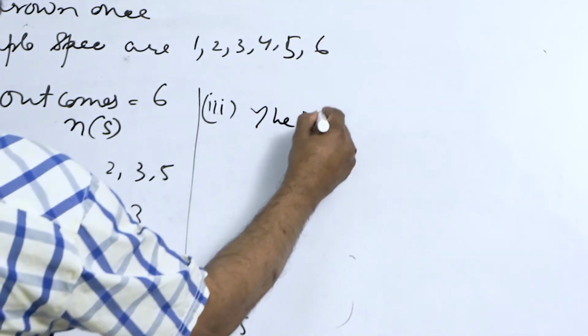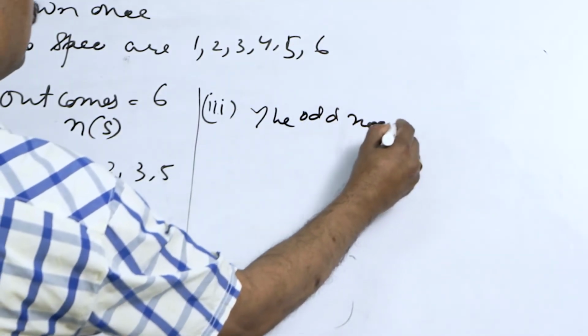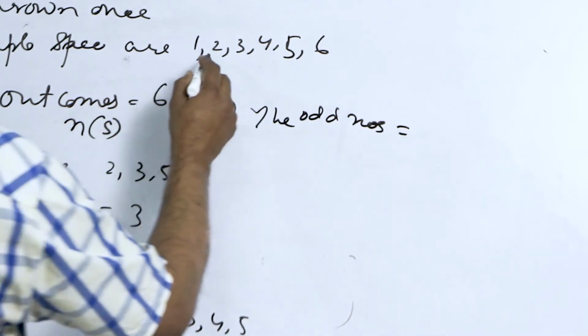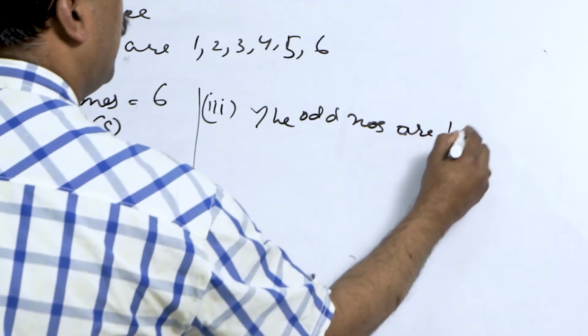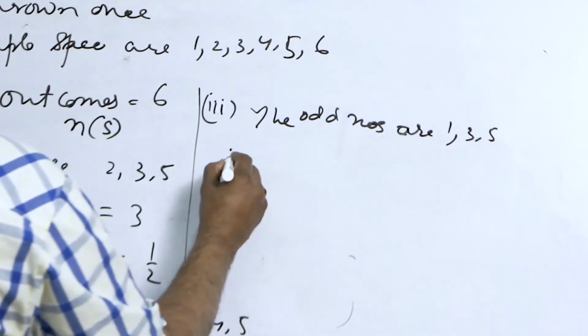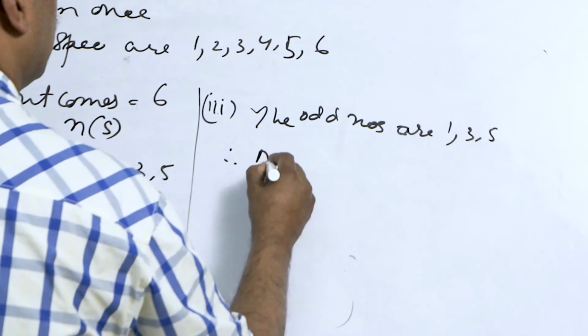The odd numbers equal to how much? 1, 3, 5. The numbers are 1, 3, 5. So therefore we can say the number of